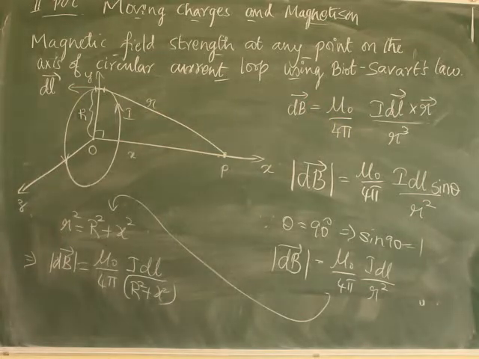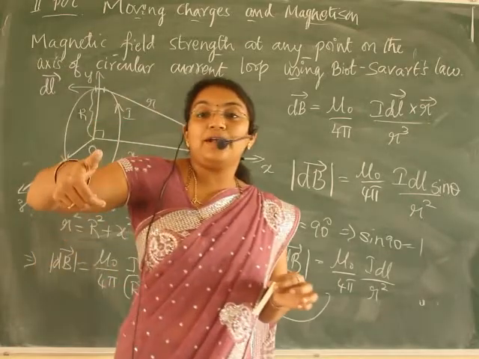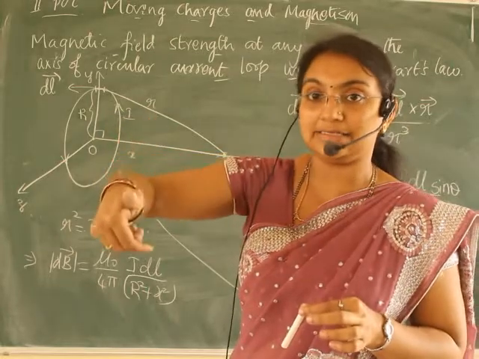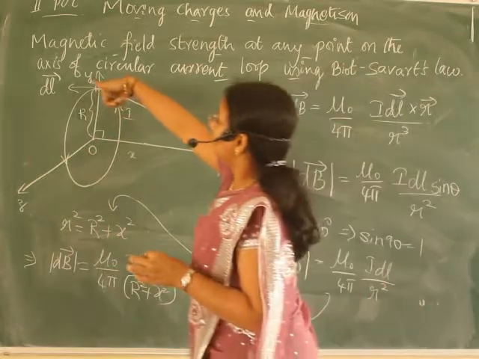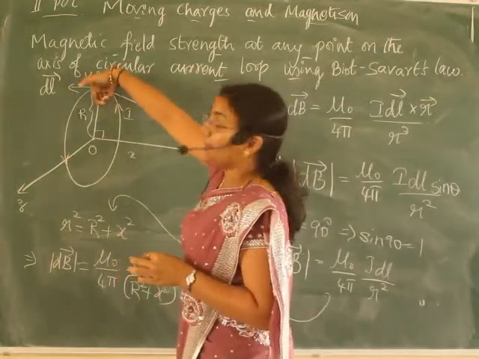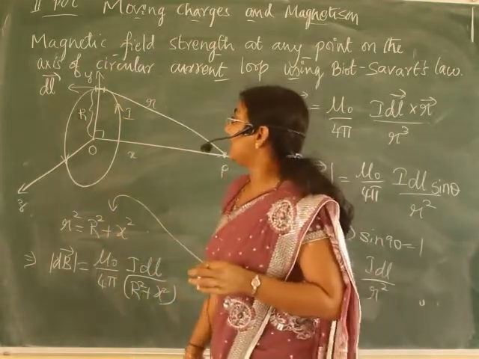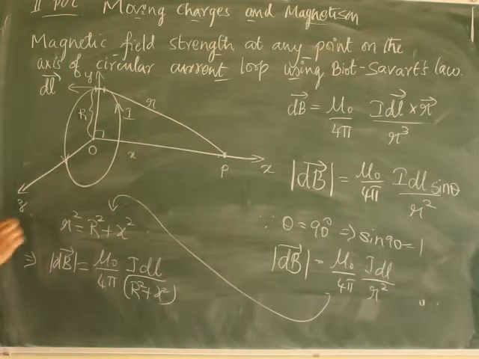Next, due to this, see, I have considered this magnetic field. How to find out the direction of the magnetic field? Using the right hand thumb rule, it was explained, correct? Now see here, when we hold the circular loop, this is the direction of the magnetic field, correct? This is the direction. The curled fingers indicate the direction of the magnetic field here. So therefore, what I can say here is the direction of the magnetic field is